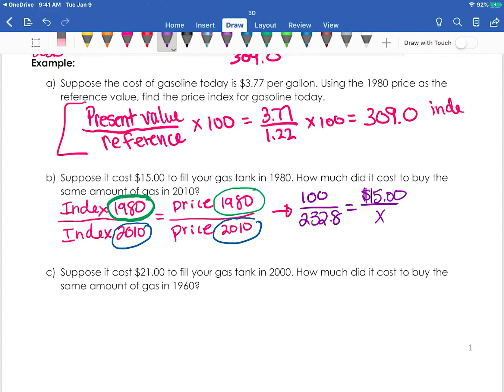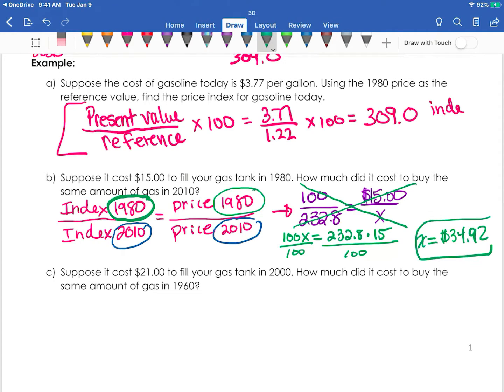We have some ratios, and when we set up an equation like this, we're going to use cross multiplication to figure out what X is. So I'm going to take 100 times X, and that's going to be equal to 232.8 times 15. Then to solve for X, I'm going to divide both sides by 100. So X is equal to 232.8 times 15, divided by 100. When I put that on the calculator, I'm going to get